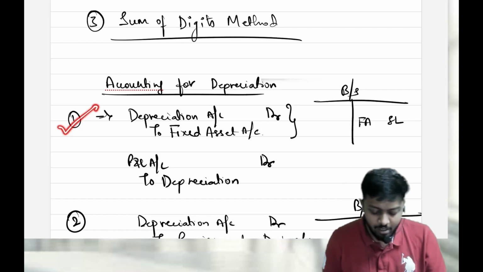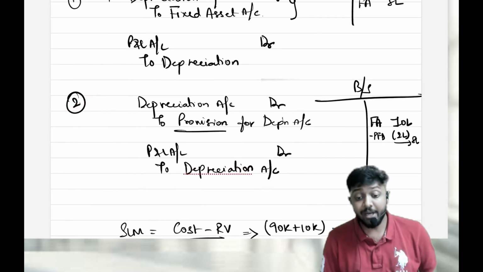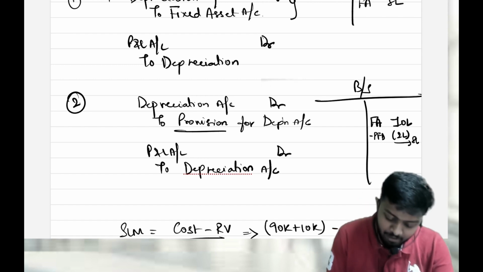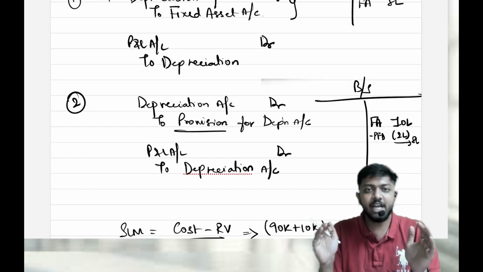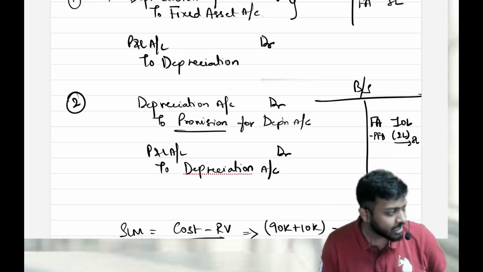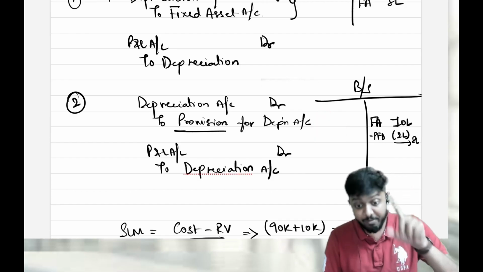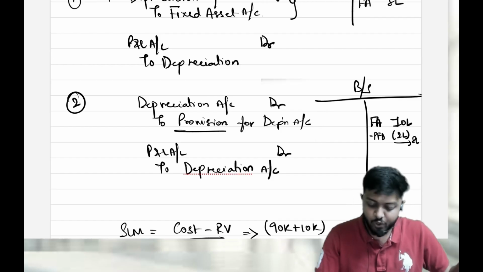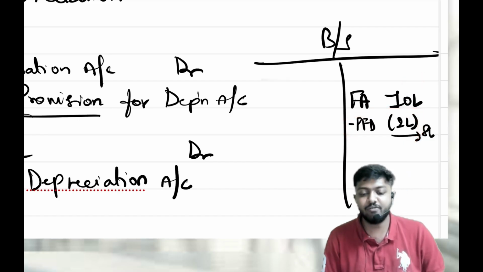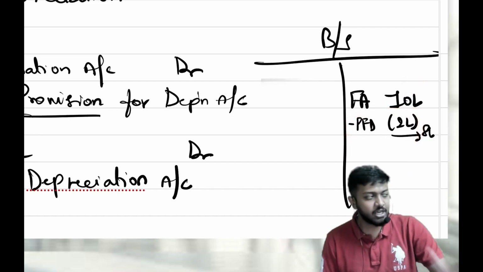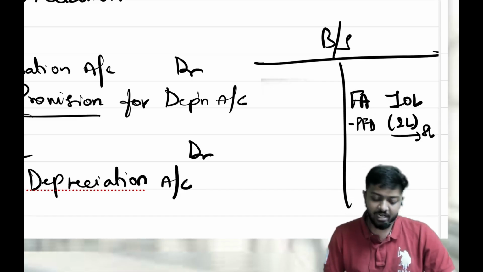One way is this. One more way, same thing: I debit depreciation, as depreciation is an expense increasing. But now I will not credit the fixed assets account; I will put it to the provision for depreciation account. Now all the accumulated depreciation gets accumulated in the provision for depreciation account. Provision for depreciation will have a credit balance. Will it be shown on the liability side of the balance sheet? No. It will be shown as a subtraction from the cost of the asset on the face of the balance sheet. Are we clear?